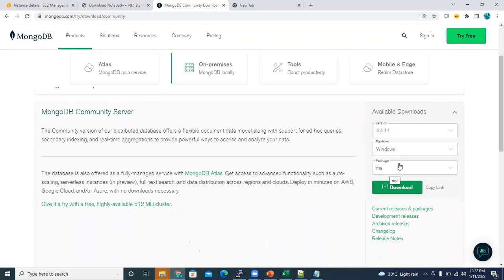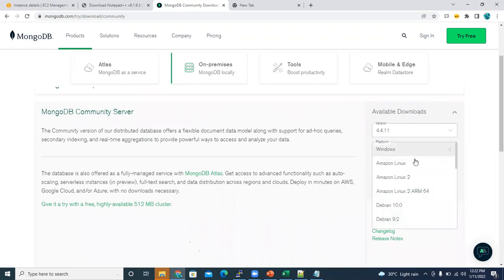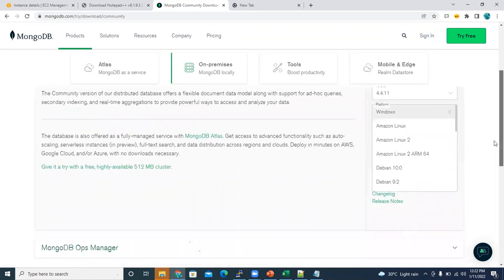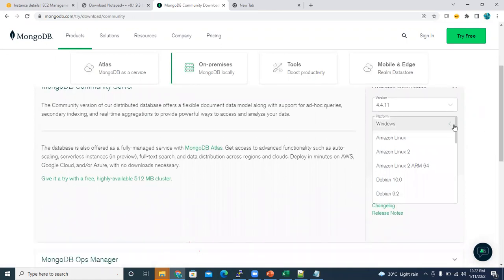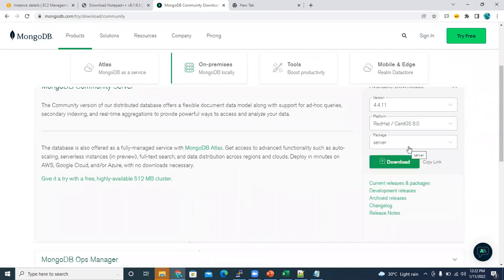I'm going with 4.4.11. Okay, and we have Red Hat Linux 8. Just a minute, please, I'm just getting a call.